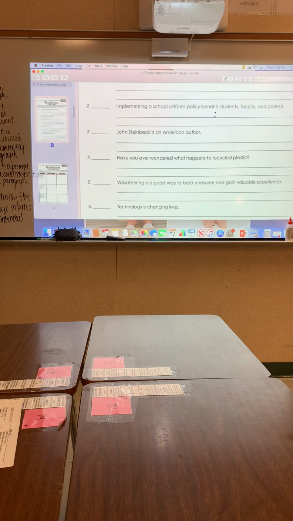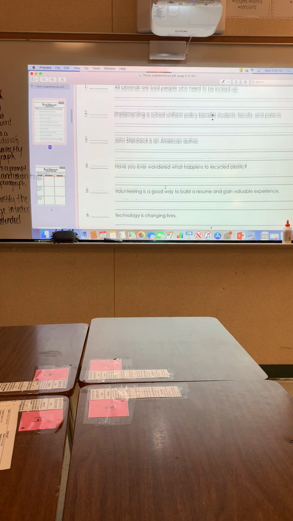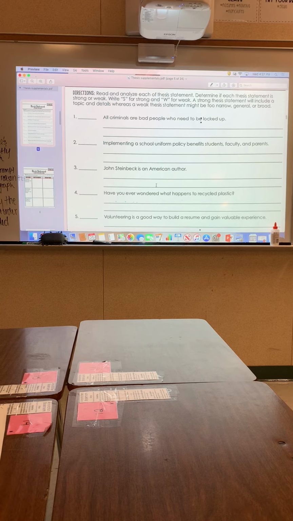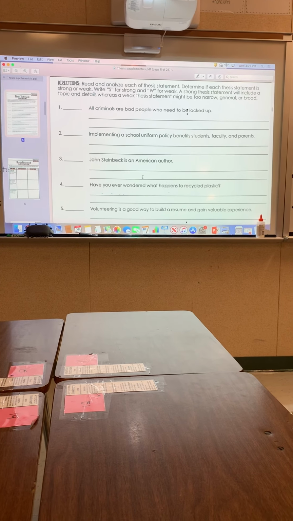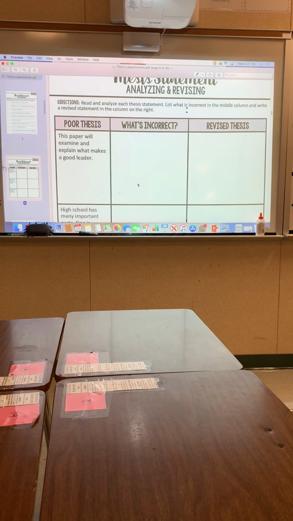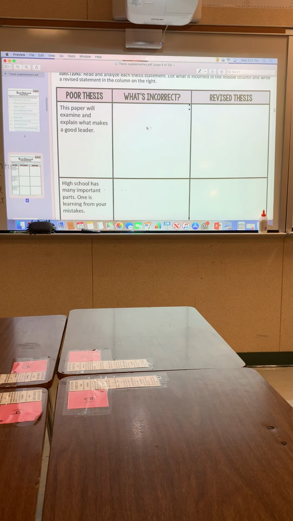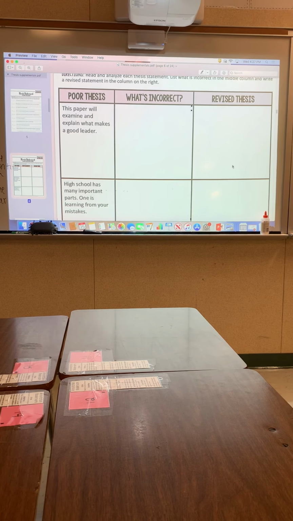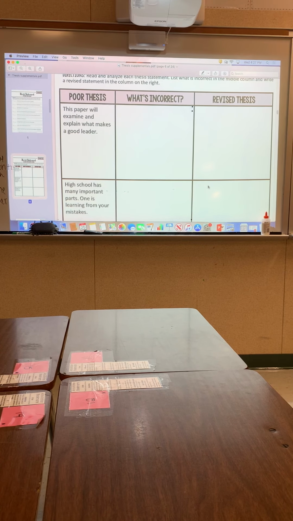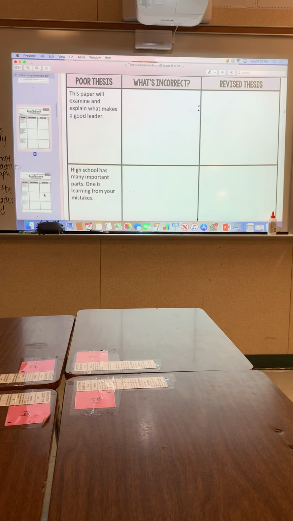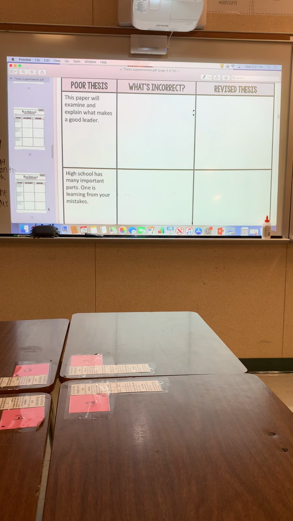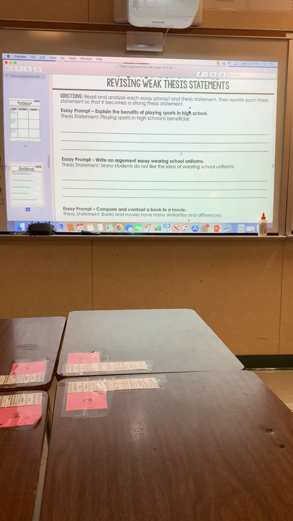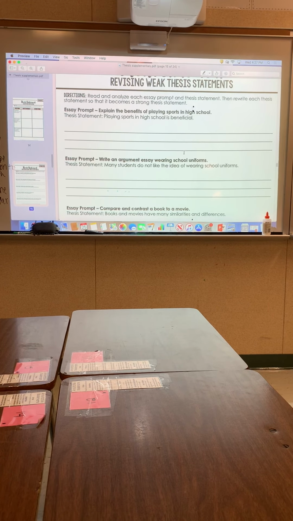Look at your first page, see if you had to make any corrections on that page. For the first page, all you had to do was say whether it was weak or strong. And then if it was weak, you had to say why. On the second page, on this chart, you have to say what's incorrect in these boxes, and then you have to fix it. You do have to fix it here. You have to give me actual reasons. Then this thing: you just had to give me 2 reasons why. If you didn't list 2 reasons, you only listed 1, I put "and ...". So you have to have 2 reasons.